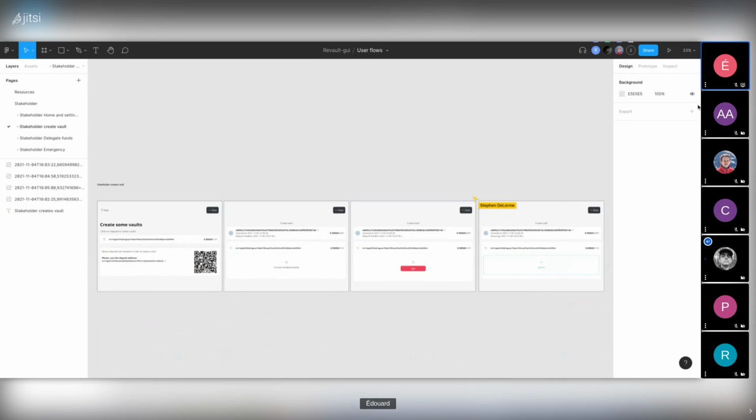Could it just be like, if you want to see what the address is, an advanced option? The user taps or clicks to reveal the address or something like that. But that's really the only comment I have on this flow. This feels a bit like coin selection here as well. Like if you had multiple UTXOs, how would you know which ones you want to use to create the vault